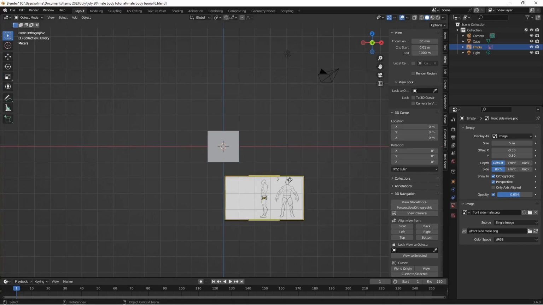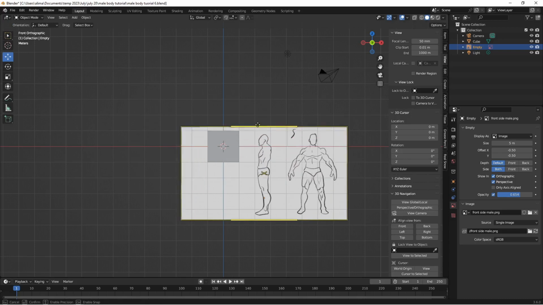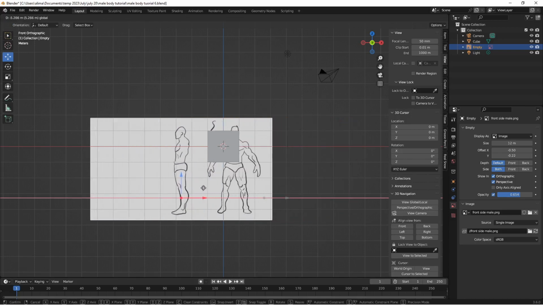Okay, because this is an empty, we can move this around. So I have this currently selected. I'm going to go to the left. This is the move tool. I'm going to take the move tool. Whoa, okay. You can grab here and make this bigger. I didn't know that. I'm not sure if that's new or not. Anyway, what we want to do is